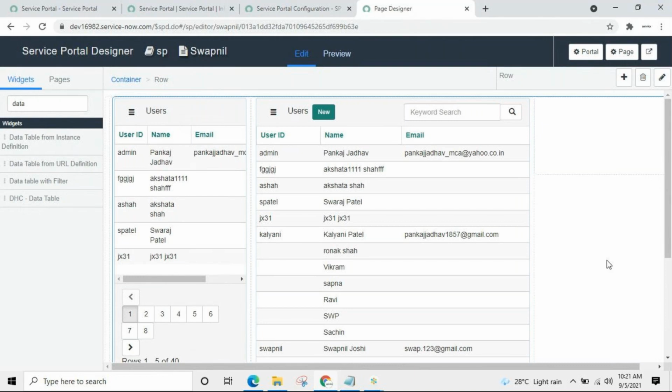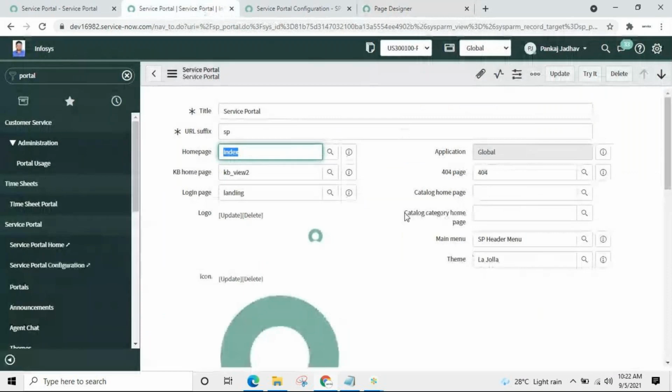Okay, so now our page is ready. The name of the page is Swapnil. It has been saved automatically. We don't have a save button over here. It will be saved. So now that we have got the page, what we can do, we will create a portal like this, similar to this. Okay, and then go to portal,